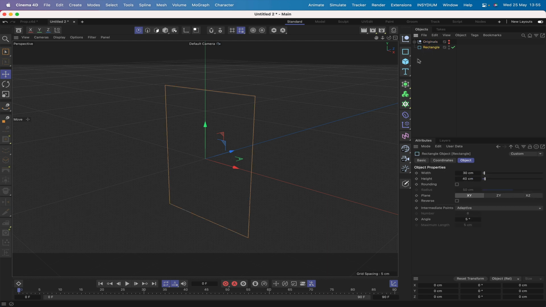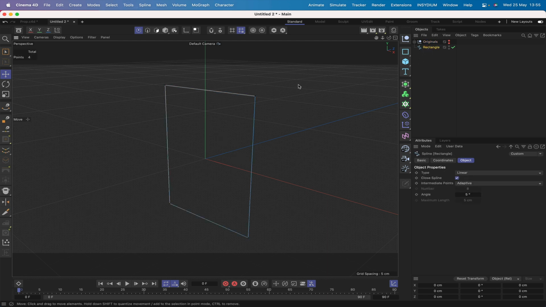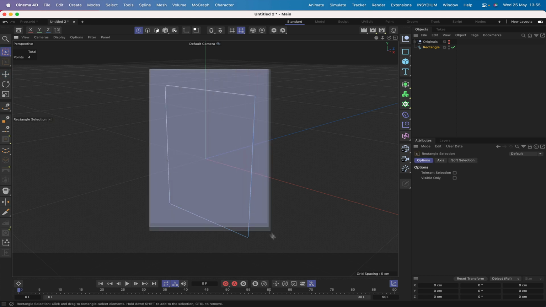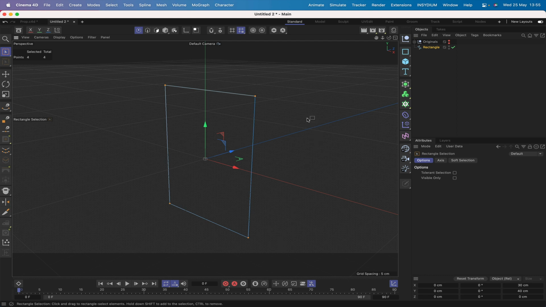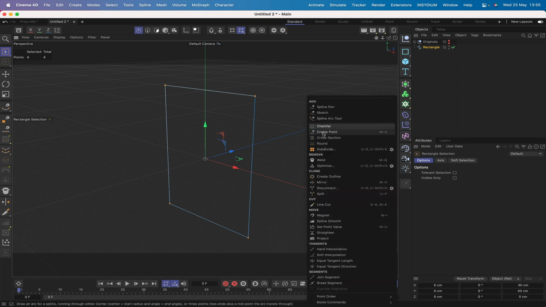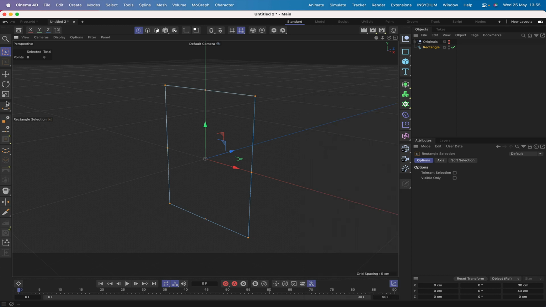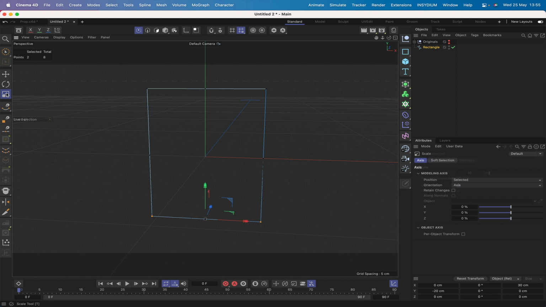Okay, super. Now we've got the rectangle, so let's make it editable. Hit C and we can select all of our points and hold down our control key, bring up the menu and select subdivide. We'll just do it once for now, and then we can think about dragging some points just to form the basic shape for our crank. I'll just go back to live selection for this, just select these two, and let's just get a different view so that we can see what we're doing, and we'll use the scale tool here and just drag these two in,